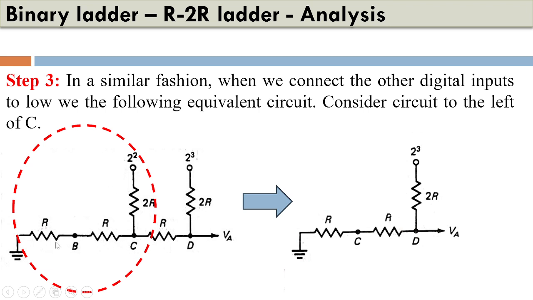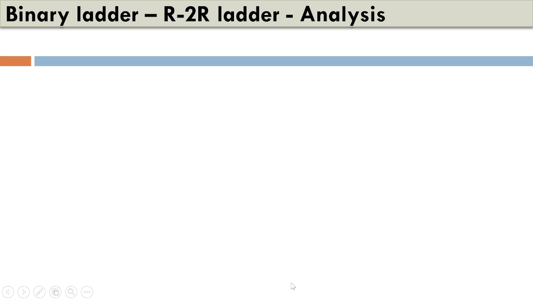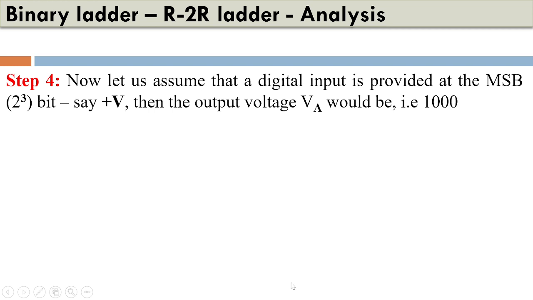Here we have 2R, here we have 2R. Again it is in parallel combination, and again it will be replaced by an R to the left of C. So now since we have seen a technique of analyzing this particular R-2R ladder network, now let us assume that